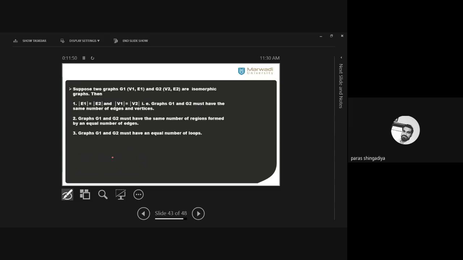And then after we had discussed this property for a minimum number of vertices. Okay? First, we'll use this property to verify whether graphs are isomorphic or not. Okay, but in the questions, we'll get some graphs. They may contain the same number of vertices and the same number of edges, but in some graphs it will be mismatched. So in such a case, you can write this reason. Okay, they are not isomorphic graphs because edges are not equal. Okay, vertices are not equal. So both graphs should have the same number of edges and the same number of vertices.